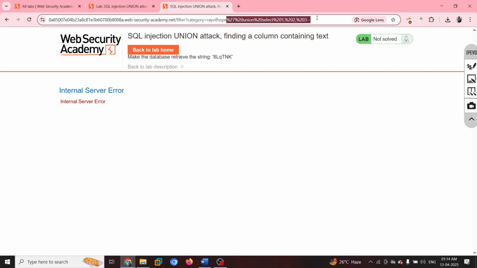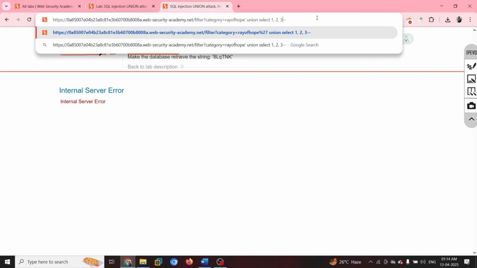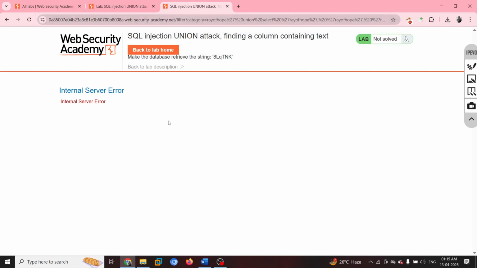Next, I have the option to change it to ray of 4, which is a character type. This is the string I have; I copy this and hit enter. Again I got an error, which means it is not using a character type either.